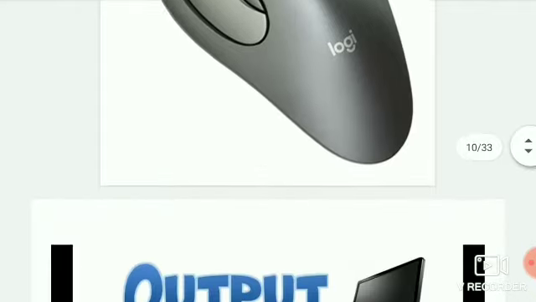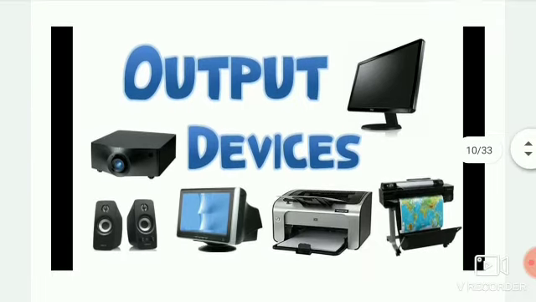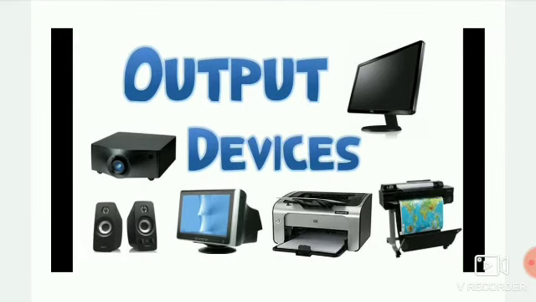After trackball, now understand about the output devices. We use output devices to get feedback from the computer after it performs a task. It means after performing a task, the computer gives us the result through the output devices. There are three types of output devices, and in this picture we can see the output devices are printer, monitor, speaker and projector also. The projector is similar to a monitor.